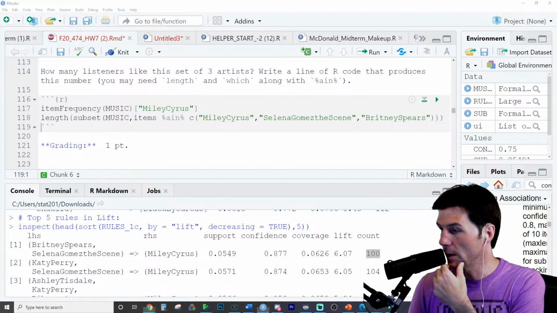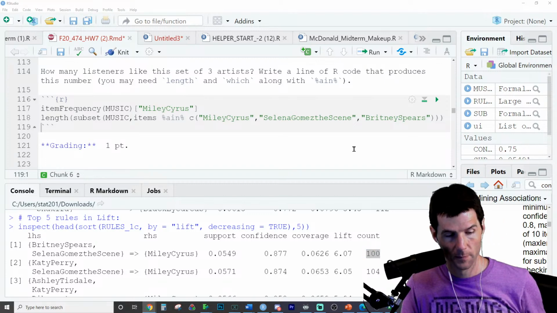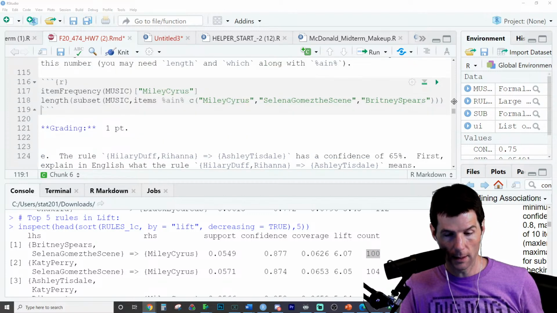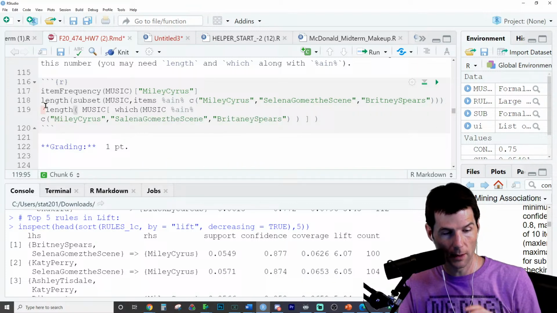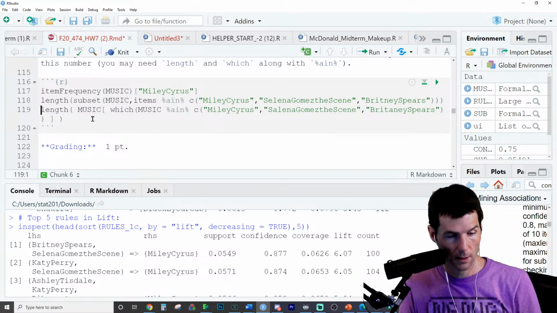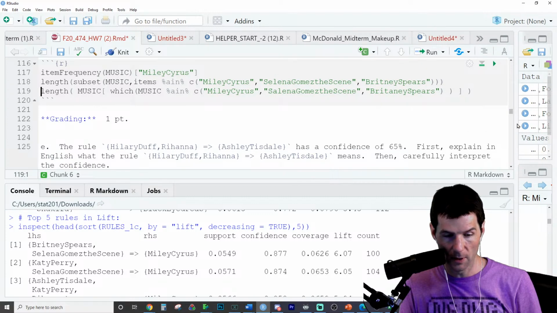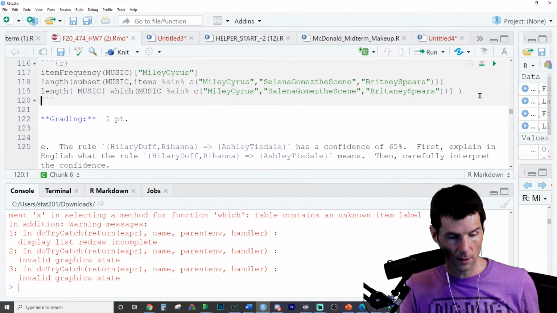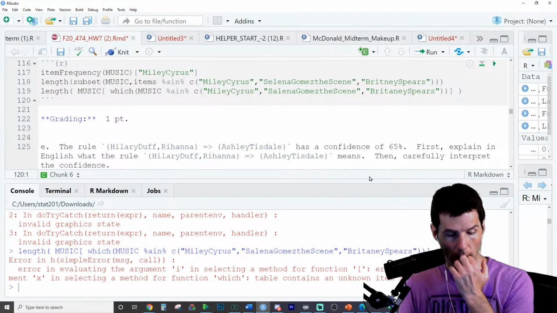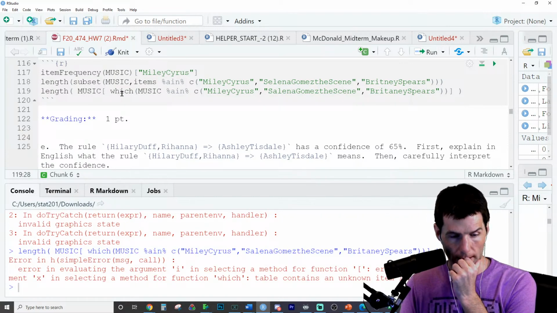It might. Let me find out. Let me take a look at your code right here. Good job, Ben. Okay, so Ben is doing very similar. Do you get 100? Graphics error.